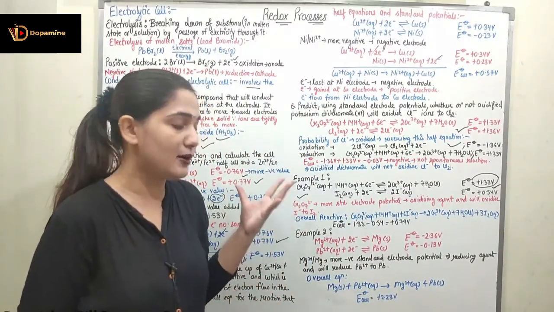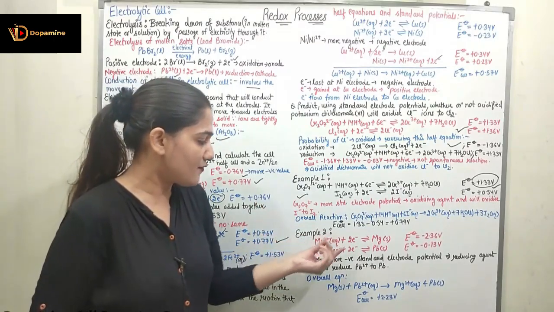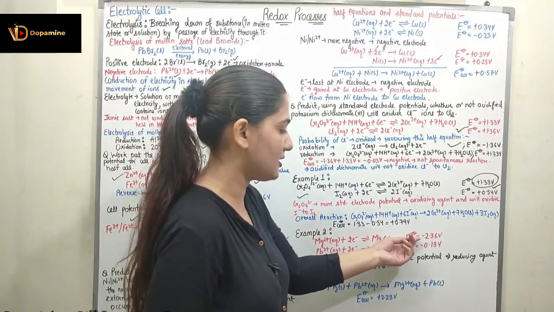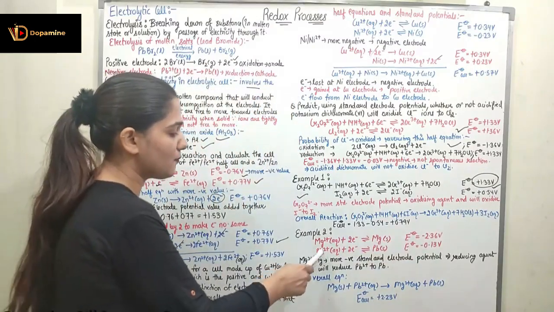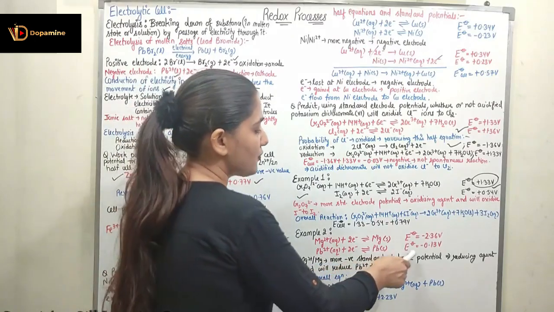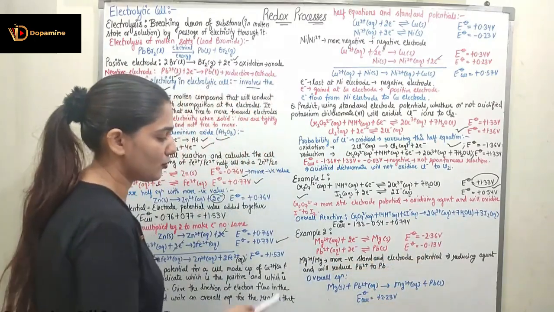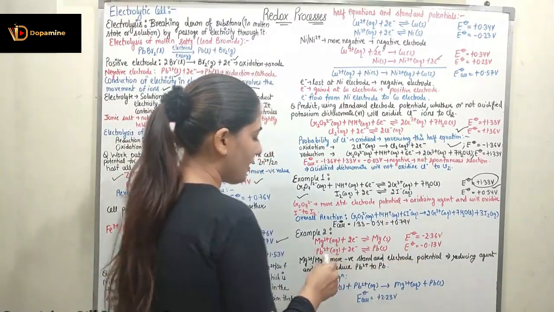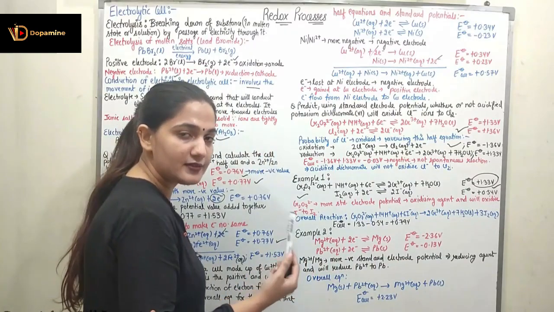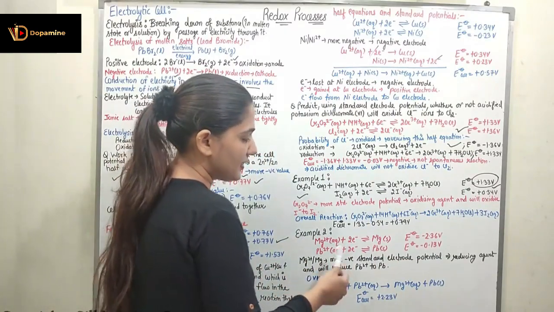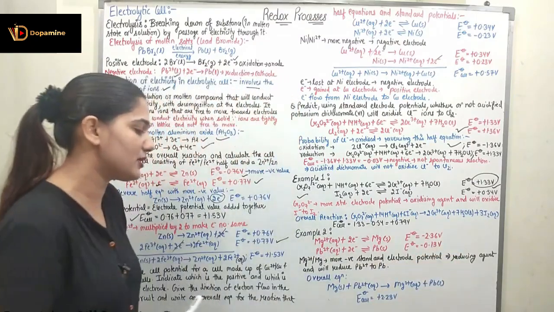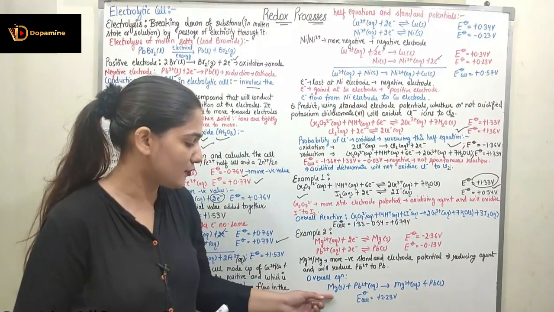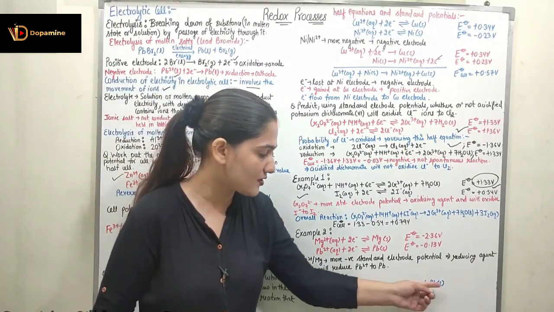Now let's see how we can find out the reducing agent. So now if I have two equations: Mg2+ aqueous plus 2 electrons is in equilibrium with Mg solid, and here the electrode potential is minus 2.36 volt, and Pb2+ aqueous plus 2 electrons gives Pb solid. So here the electrode potential is minus 0.13 volt. So if I see Mg2+/Mg, it has a more negative standard electrode potential than lead, right? So magnesium has the more negative standard potential when Mg2+ is converting to Mg, and it is thus acting like a reducing agent, and it will reduce the Pb2+ to Pb. So the overall equation would be Mg solid plus Pb2+ gives Mg2+ plus Pb.